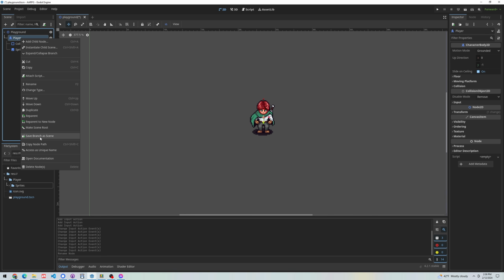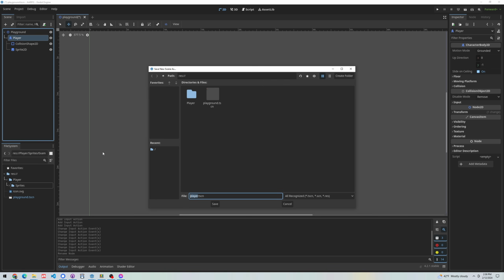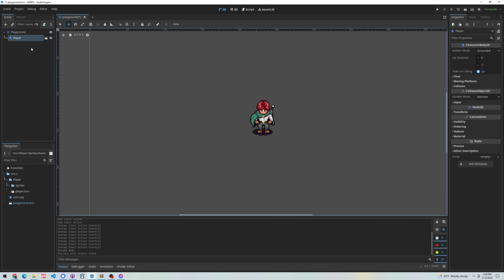It's going to save this player as its own scene so that any work we do on the player, we can just do it in this scene. It keeps it nice and consolidated, and it also makes it reusable if we needed that. You can see because I named the node player, the file name it wants to save it as is already called player. And I'm just going to go ahead and open the player folder, save the scene there,